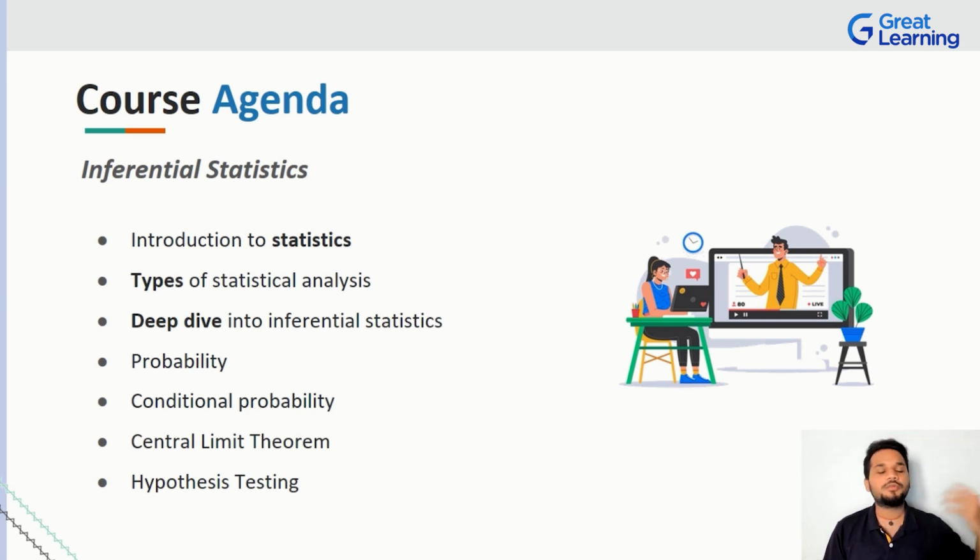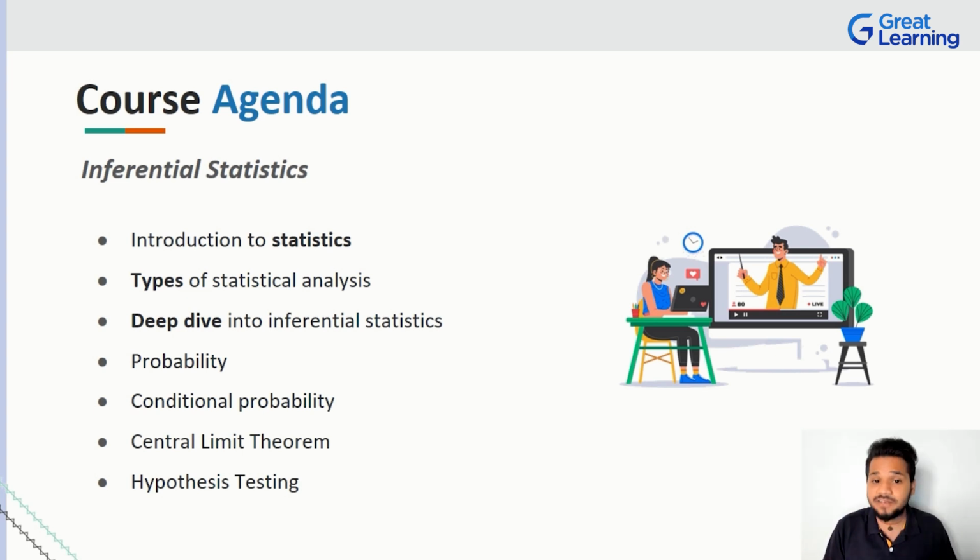After we understand the various types of statistical analysis that are out there, we are going to take a deep dive into inferential statistics. We will get to understand what inferential statistics is, how it works, why it works the way it does, and of course a lot more, as you can see. Another important thing about inferential statistics, to be very honest with all of you, is that it's a really huge, vast domain. When you say statistics, I can bet you can have a textbook with thousands of pages to cover the entire domain, and inferential statistics aims to simplify the complexity of the world of statistics.